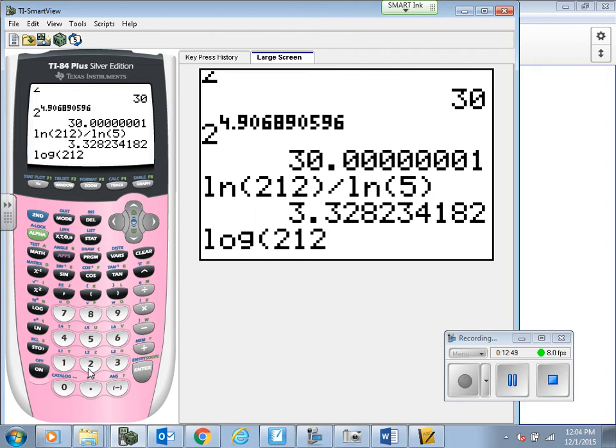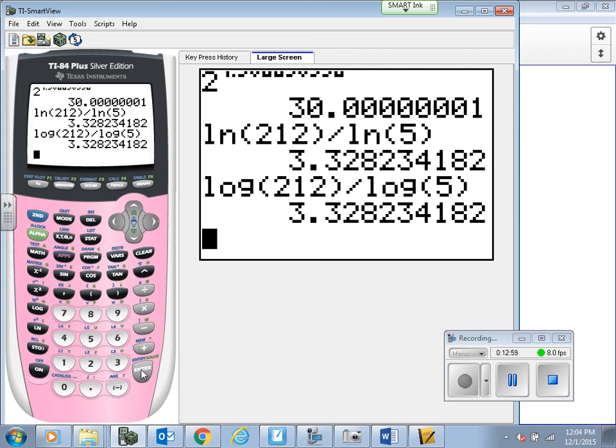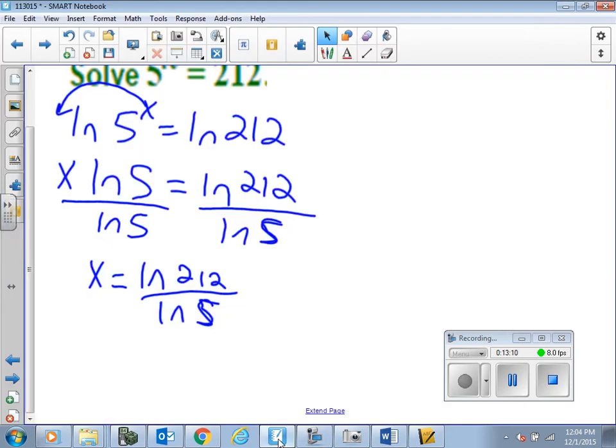E is that number 2.718, and so on. So you used log base 10, so you did log base 10 of 212 divided by log base 10 of 5. Hit enter, you got the same answer, right? It doesn't matter what you do on both sides. You can do the natural log, you can do log base 10, you can do log base 5. That part doesn't matter. So we're going to have, to the nearest thousandth,